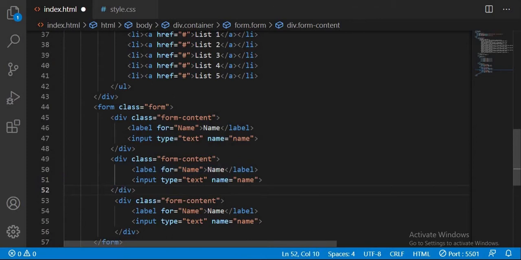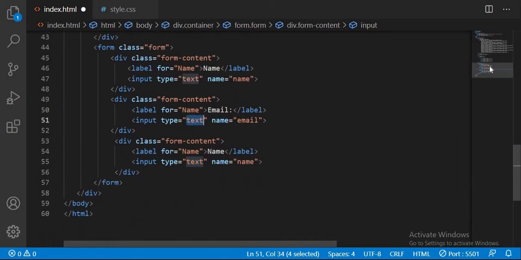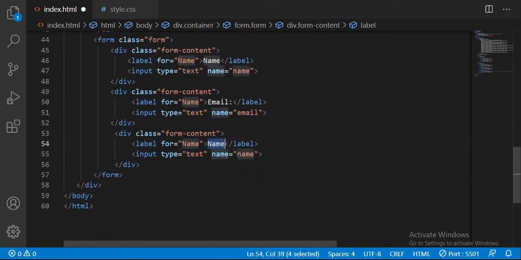So let's change this to email, and the name is going to be email. The type, you can leave it as text. Then also this, we're going to change this to message,